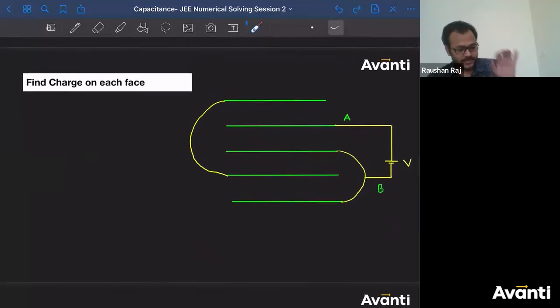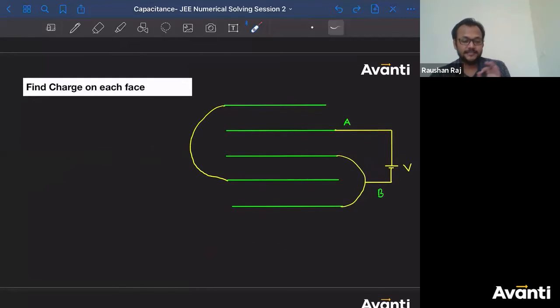Now let us actually come to our business. वो क्या है? JEE का question अगर पूछेगा तो क्या पूछेगा? So in JEE, you might get a question where they'll ask you, what is the charge that will appear on this plate? On any of the plates, they'll name these plates as X, Y, Z, Ramu, Shamu, कुछ भी. So what is the charge that will appear on this plate, or this, or this? कुछ भी पूछ सकता है.